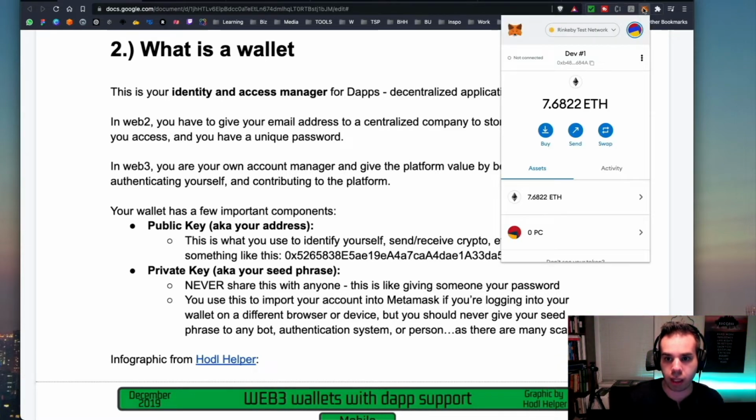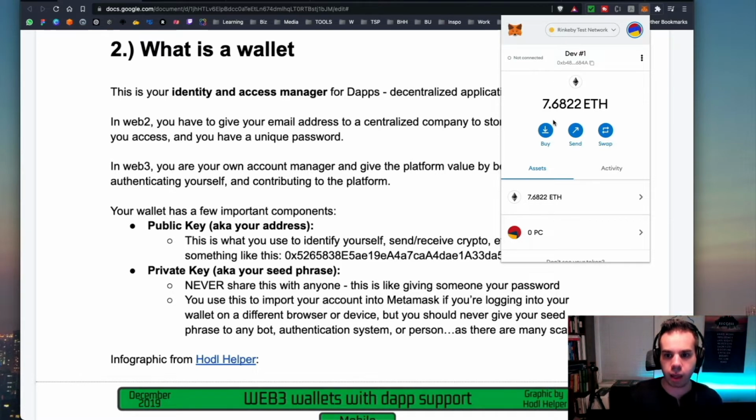So I'll give you just an example of what this looks like. I have MetaMask in my browser. I am on the Rinkeby testnet. There are a ton of different networks that are a part of how you interact with the blockchain. There is the mainnet, which is the core network infrastructure of Ethereum, but then they also have test networks that you can use. So there's Kovan, there's Ropsten, there's Rinkeby, which is the main one. There's also Goerli, and Rinkeby is sort of the main de facto testnet, but there are also other ones if you're interested in exploring those as well.